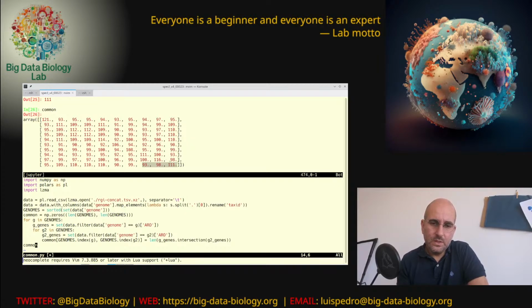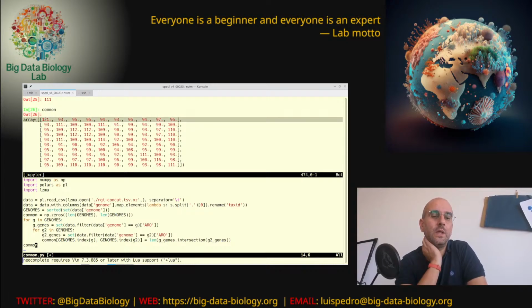As you can see, in some cases it's basically almost everything. So this has 111 genes, 109 in common with this one, 109 with this one, all in common with this one. But then there are slightly lower numbers. The top one that has 120 genes has relatively fewer of them shared.